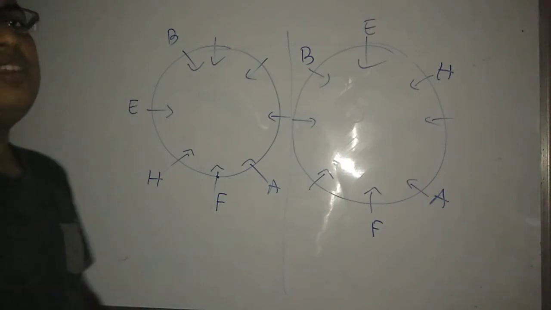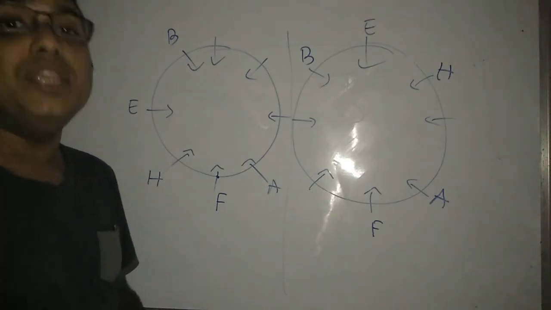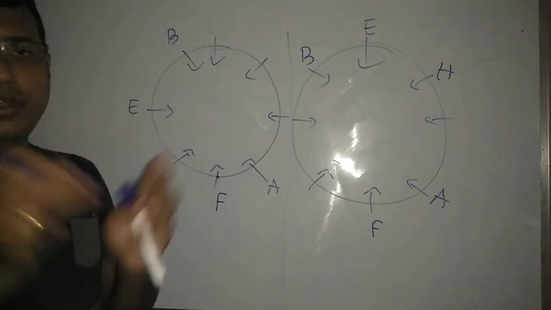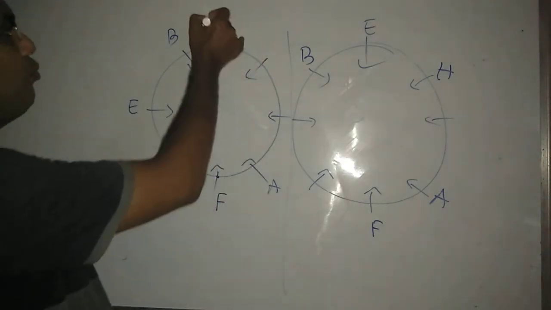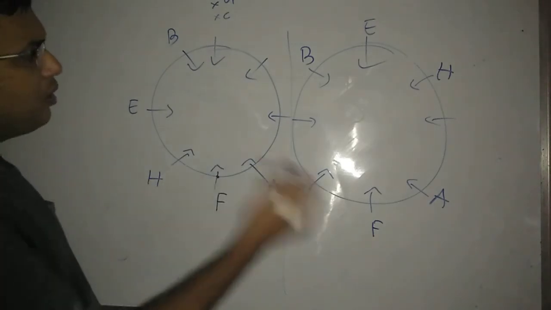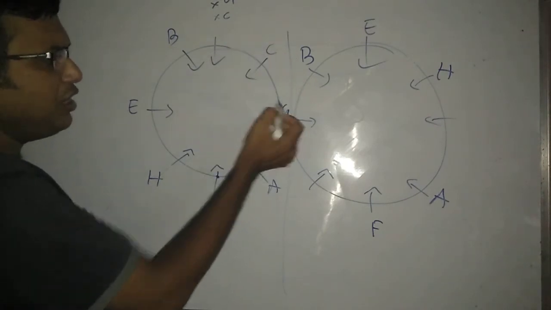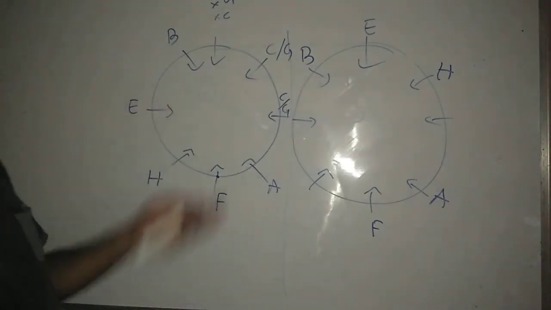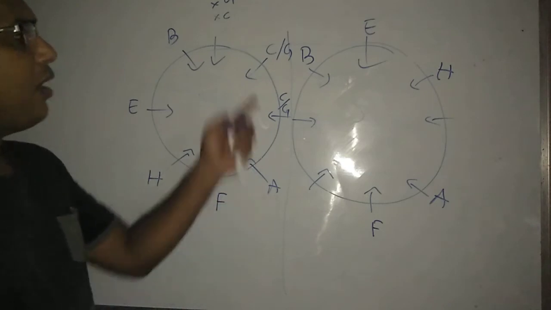Next line, C and G are immediate neighbors of each other. Neither C nor G is immediate neighbor of B. Both are sitting immediate neighbors of each other, but neither C nor G is immediate neighbor of B. So don't put here C, here G. But C and G are immediate neighbors of each other. In the first diagram, maybe the position of C is here, then G is here, or if G is here, then C is here. That means C is sitting immediate left of G, or C may be sitting immediate right of G. Confusing one. This is not a fixed one.